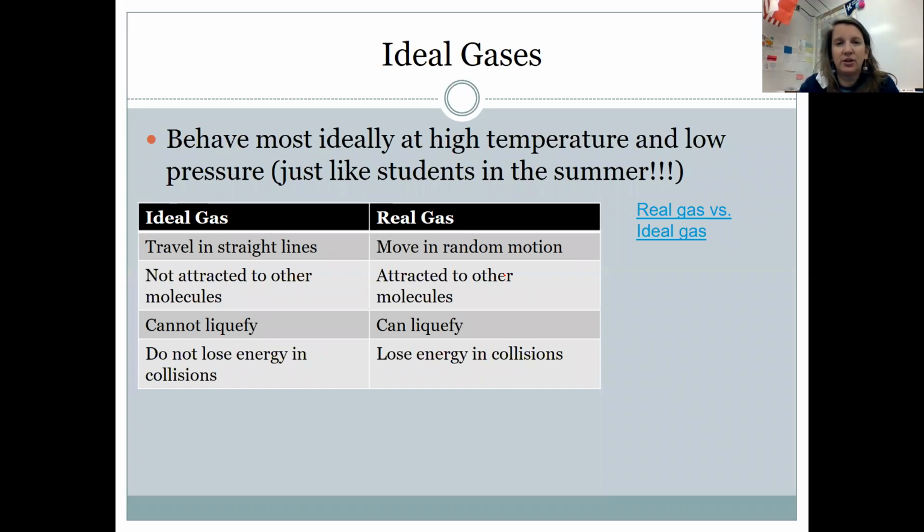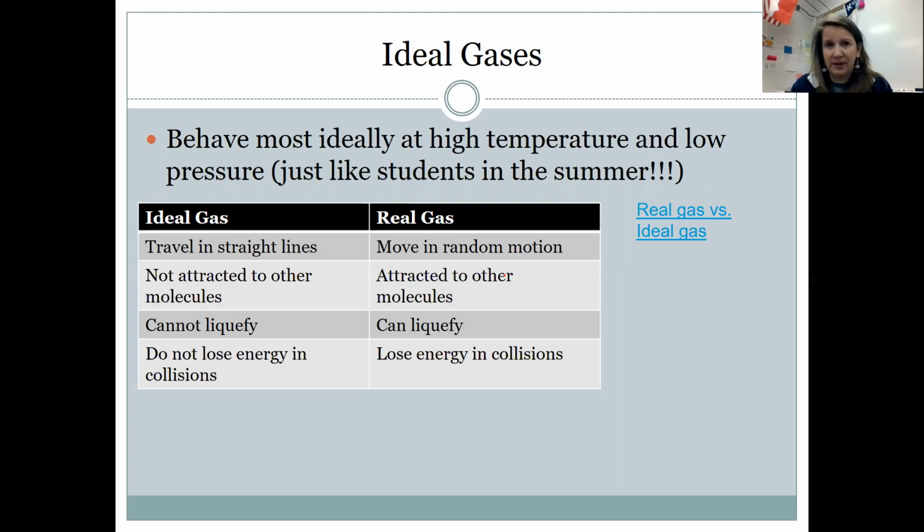So we started out the unit talking about the kinetic molecular theory and the behavior of gases. And when we were talking about the kinetic molecular theory, we were talking about how gases ideally behave when we have a specific set of conditions. Now, gases behave most ideally at high temperatures and low pressure, kind of like you guys do in the summertime, when it's really hot outside and you don't have the pressure of school. Anyways,